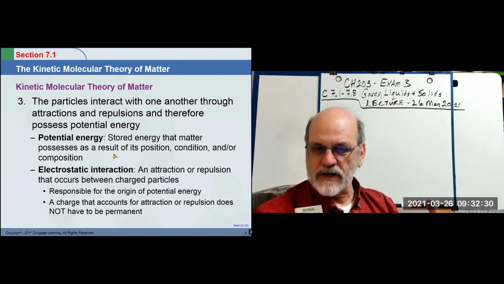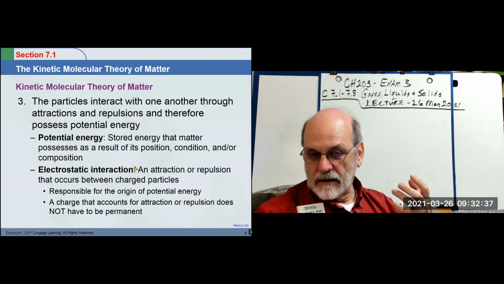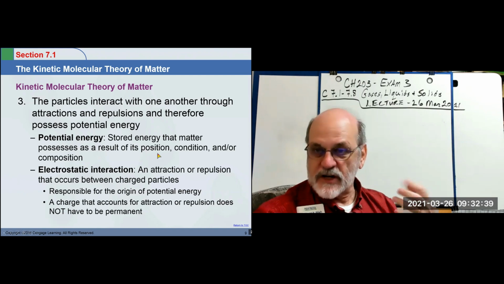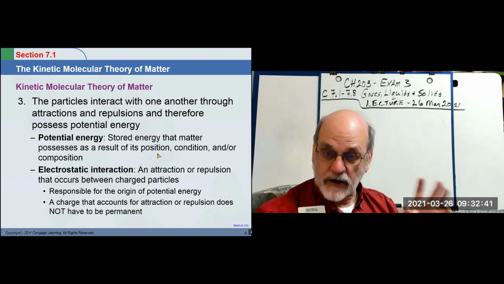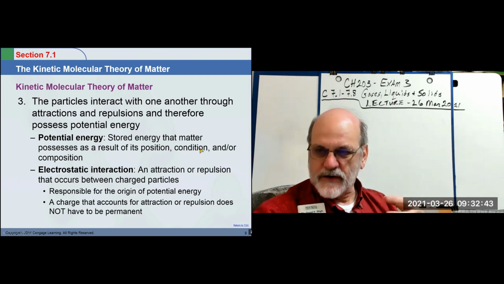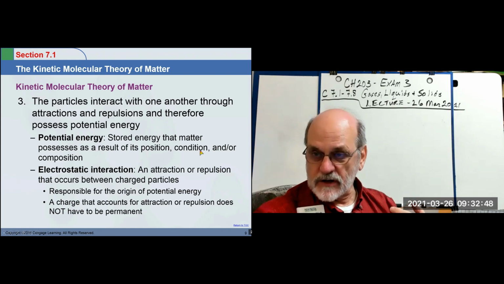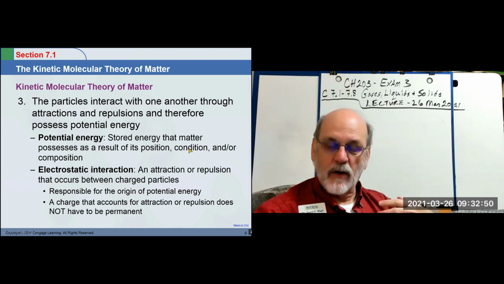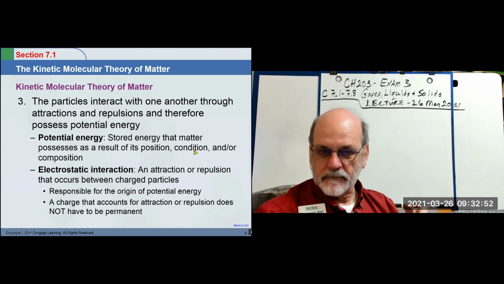It's stored energy in the matter, and it depends upon what position all the particles are in, what is their chemical makeup, their composition, and how they are oriented to one another